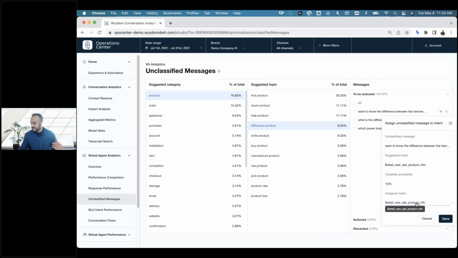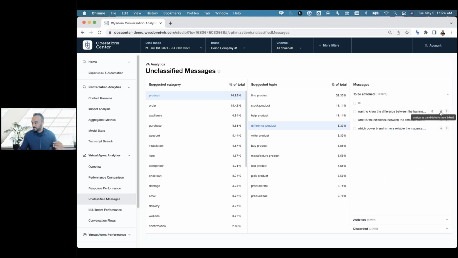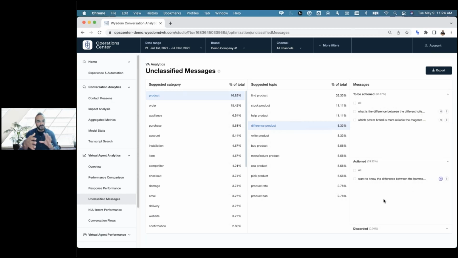So what I'm going to do is, instead of that, go back and say, you know what, I need a new intent. And what it does is it drops me down and puts me in this action. So I'm now in workflow, right? I've taken my full list of unclassified messages, identified topics and subtopics, and used the tool to give me intelligence to say, do I have an intent already that might match or not? Identify it as a new one, and then it's now categorized here.